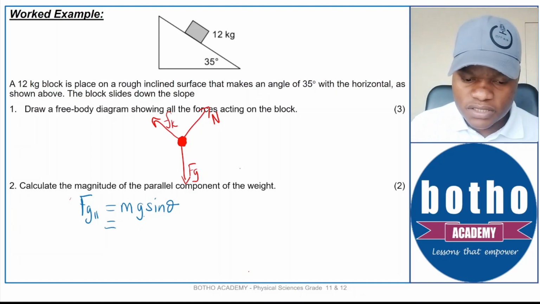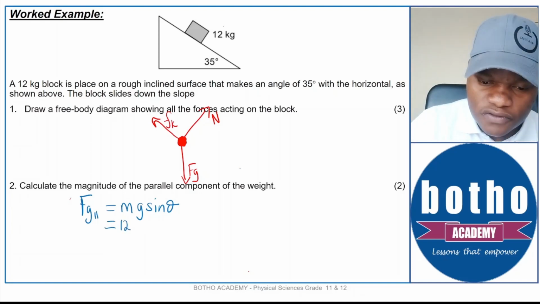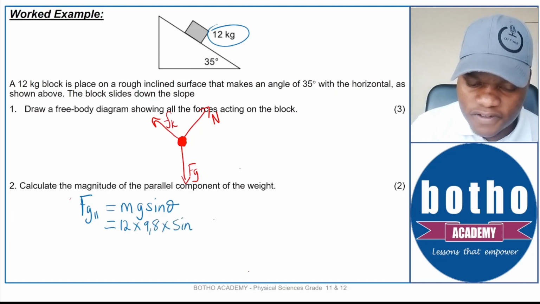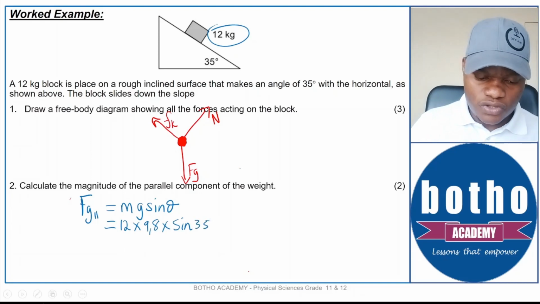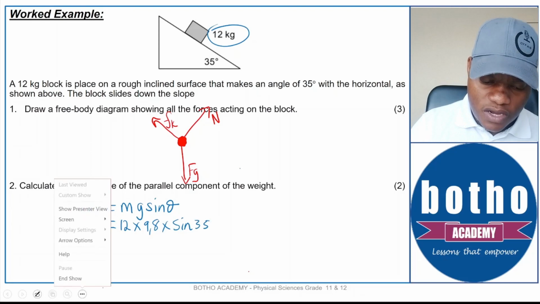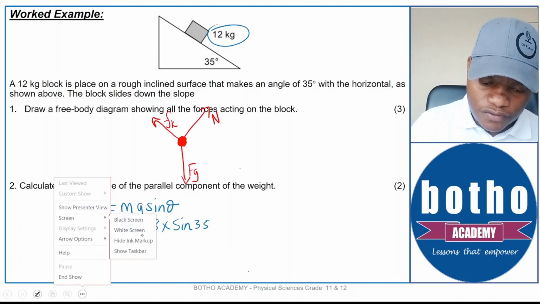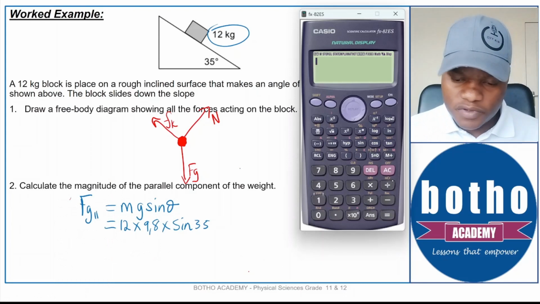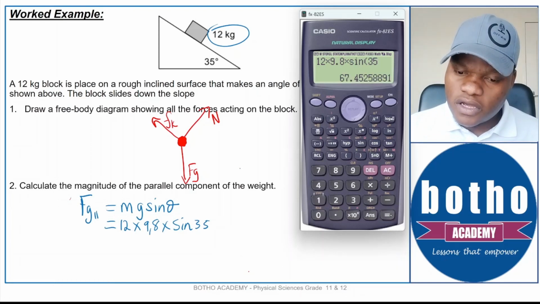We know that the mass is equal to 12 kilograms. It's given to us there. Multiplied by g, which is always going to be 9,8. Multiplied by the sine, again I emphasize sine, 35. Okay. Now we are going to need a calculator to finish. If you use a calculator, it becomes 12 times 9,8 times the sine of 35. Okay, and we get the answer